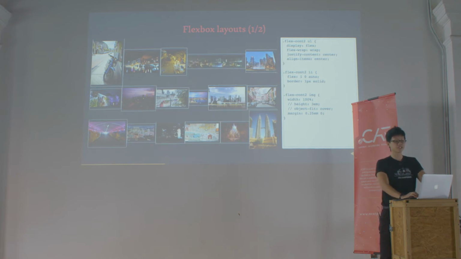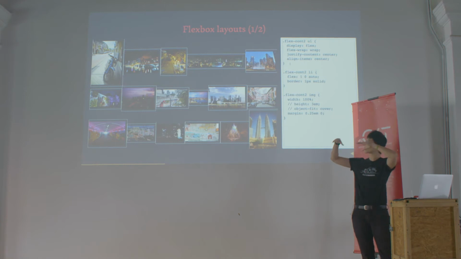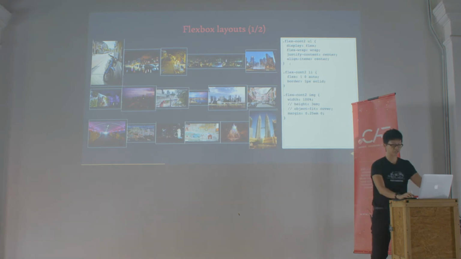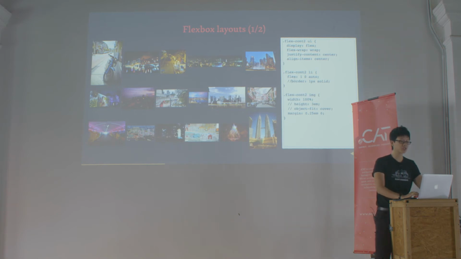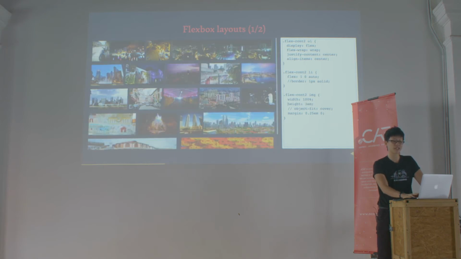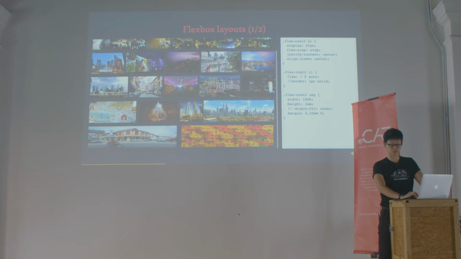If we set align-items center, we get a kind of jagged looking layout. If I turn off the border, you'll see it clearly. This kind of layout isn't commonly seen on the web, because I think we're used to the web being regular rectangles. So I'm pretty sure some people don't like this sort of new age hipster layout, and maybe your designer says, no, I want it regular. We can definitely do that by giving your images a fixed height. So this really looks much neater.